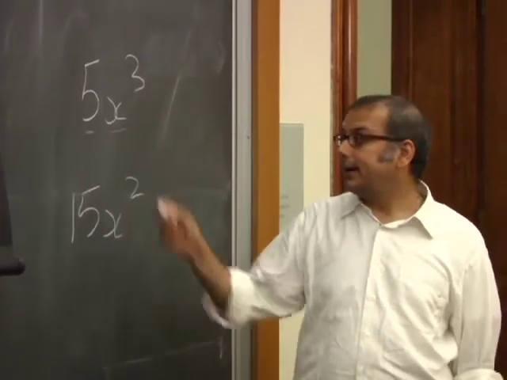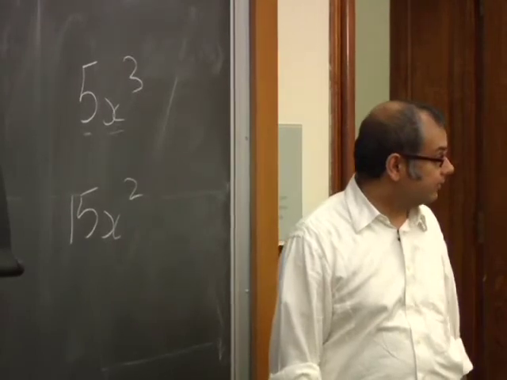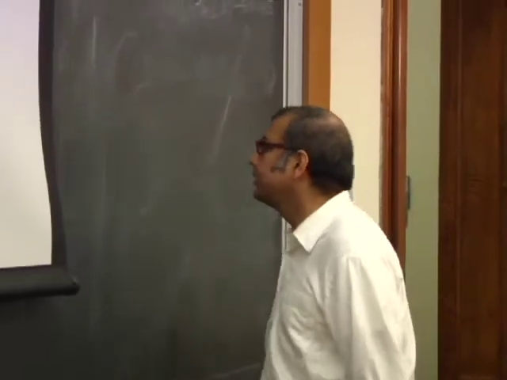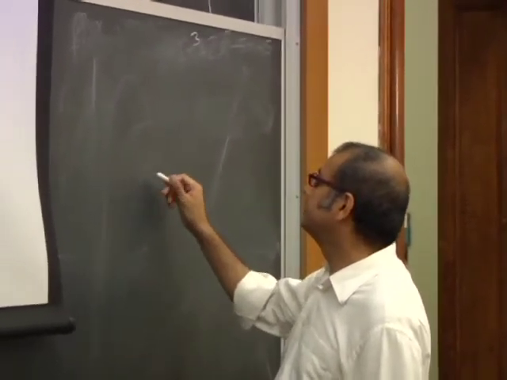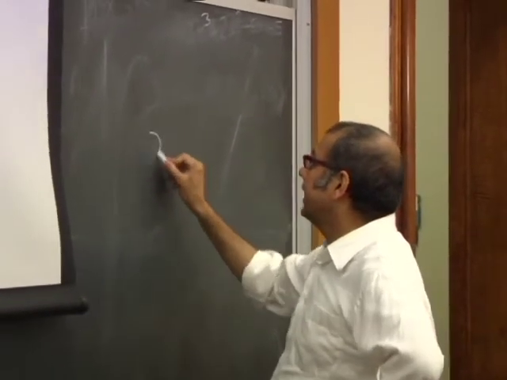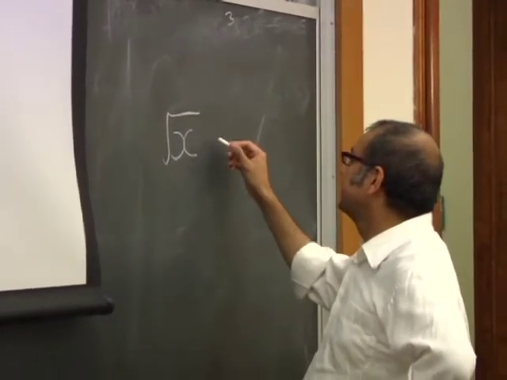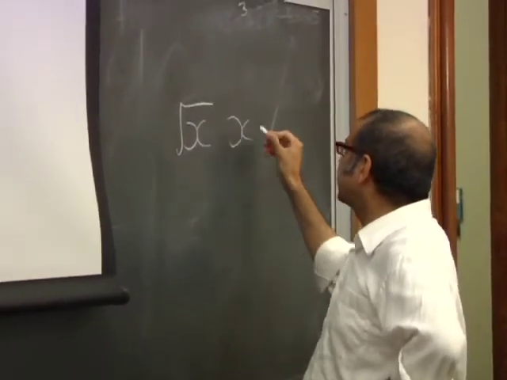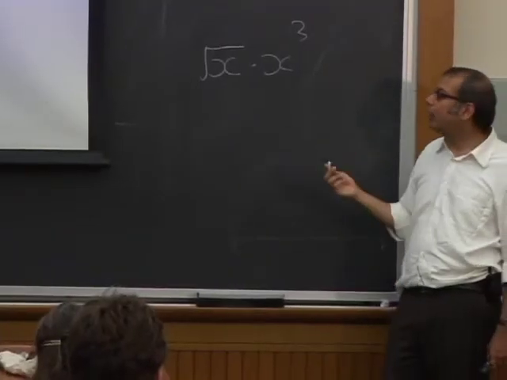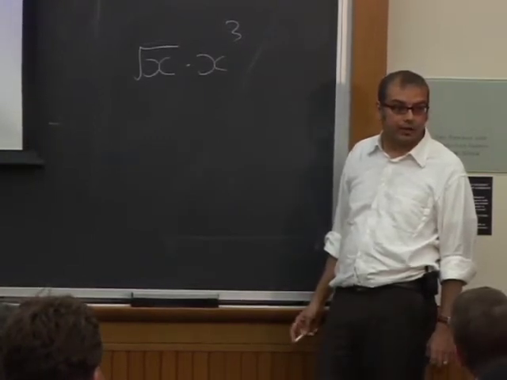But suppose that x is multiplied not by a constant, but by another function. Suppose that instead of 5x cubed, I had, let's say, x, take the square root of x times x cubed. Okay, there are multiple ways you could do this, but one useful rule to keep in mind is the general power rule, which is